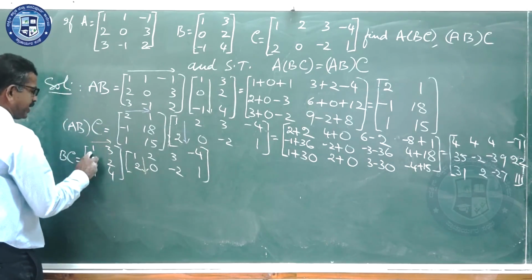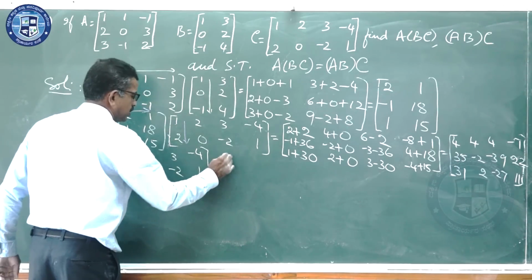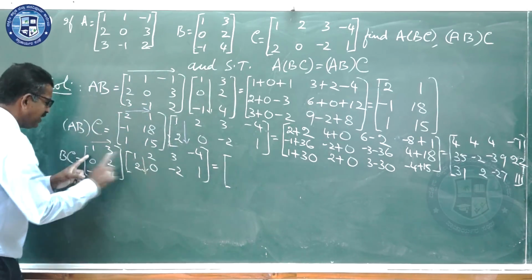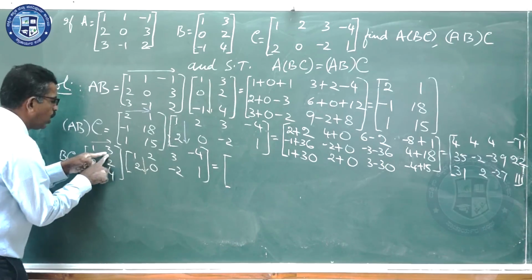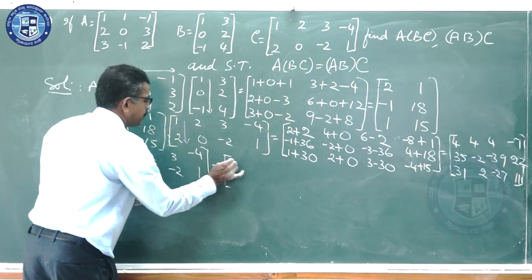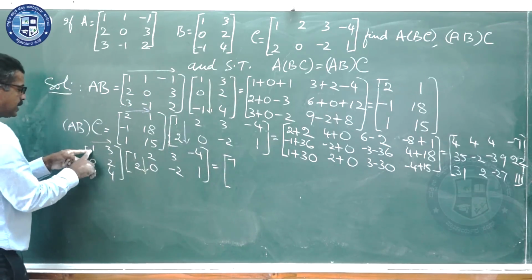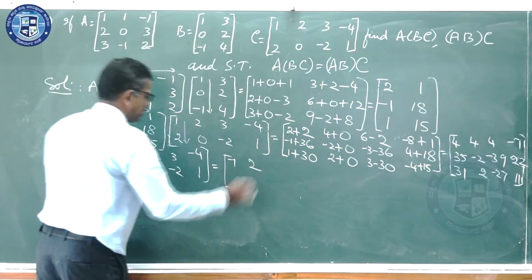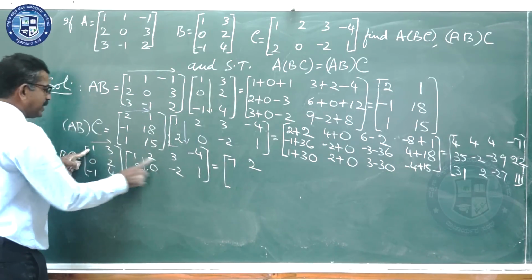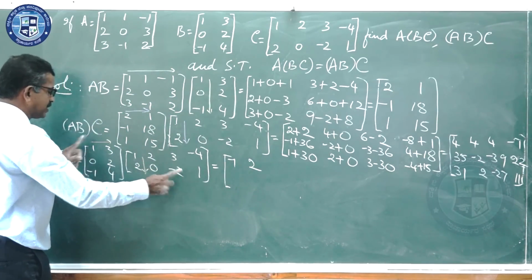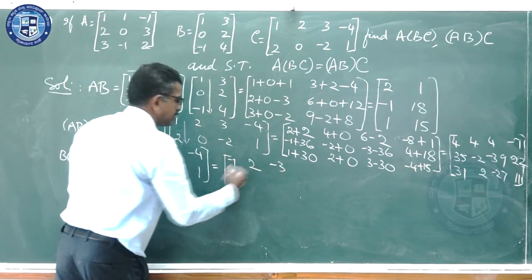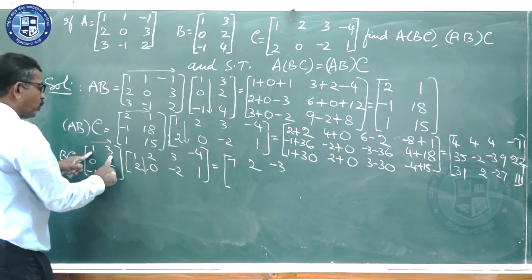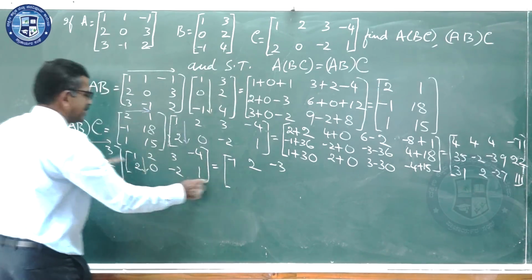So as a result, what do you expect here? May I write directly here? See, just 1 into 1, it is 1. 1 plus 6, 7. First element is 7. Next here, first row with the second column, plus 0, it is 2. Third element here, 1 3s are 3, minus 6, 3 minus 6, minus 3. And then we have here 1 into minus 4 plus 3, it is minus 1.